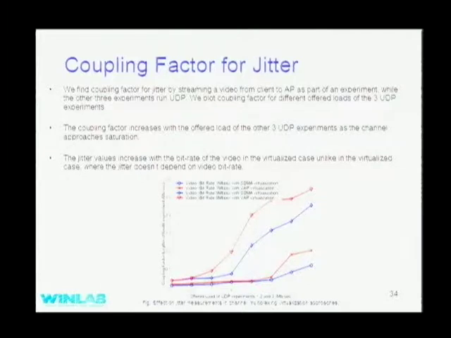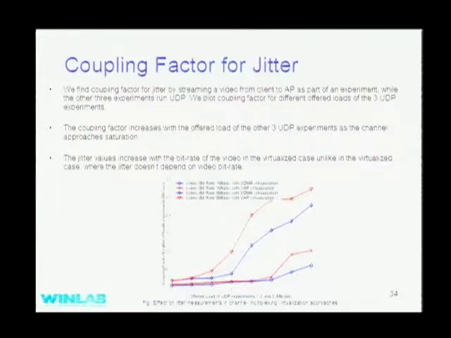So here's a plot for the coupling factor for jitter. We use the same equation as that for throughput. How we measured jitter was we had a video flow for one of the experiments from the client to the access point, and the other 3 experiments were using normal UDP flows, and we varied the offered load of those 3 UDP experiments, and we found the coupling factor for jitter for virtualized cases with respect to